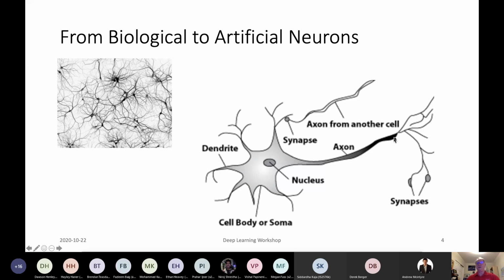Now, those neurons connect to the next neurons by way of these little antennas here. They're called dendrites. And at the point right here, where the axon from another neuron upstream connects with this neuron, we have a synaptic junction or a synaptic cleft. This is where learning is thought to take place. This is the place where, as a young child, you're learning to eat your cereal with your spoon. This is where differences in neurotransmitters and electrochemical characteristics allow you to get better and better at that activity.